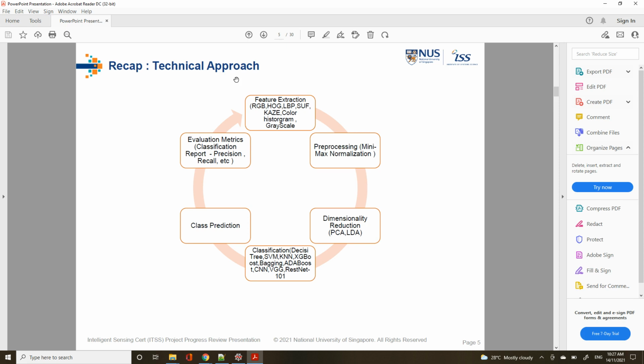After dimensionality reduction, I send the data to classification: for machine learning, decision tree and SVM, and for deep learning, VGG and ResNet 101. After that, we predict the class. After that, evaluation metrics like precision, recall, classification report, and so on.